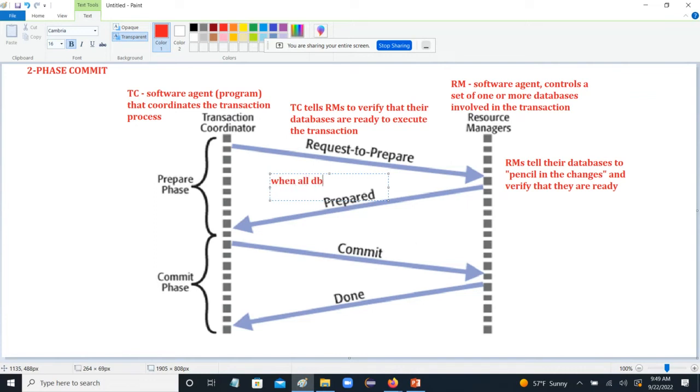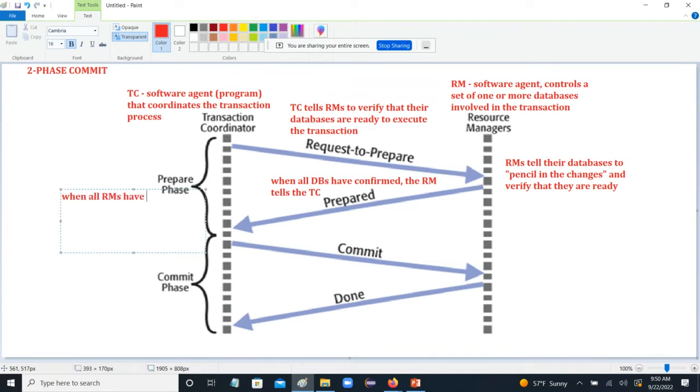When all databases (DB for databases) have confirmed, the RM tells the TC. Okay? So, once each resource manager hears back from all the databases it supervises, and all those databases have said, yep, thumbs up, ready to go, then the resource manager can write back to the transaction coordinator, say, yep, all our guys are ready to go. Okay? At the end, over here,